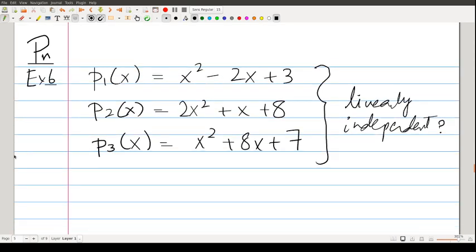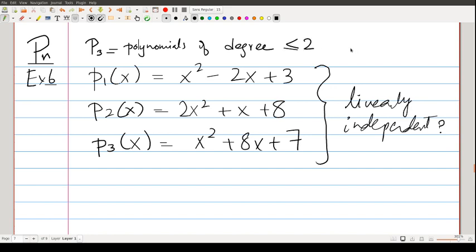Okay, let's say we're working in P3, the vector space P3. This vector space contains polynomials of degree less than or equal to 2, or less than 3, right? So it contains quadratic polynomials at best. It can contain linear, it can contain constant as well, but at most it can contain polynomials of degree 2,